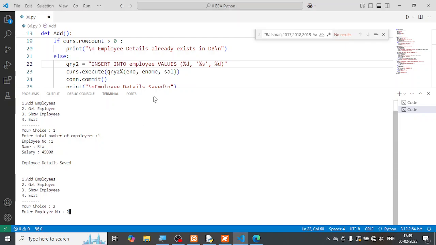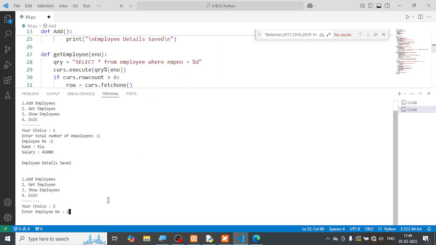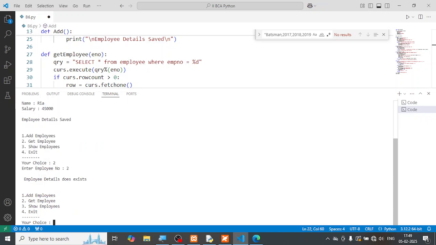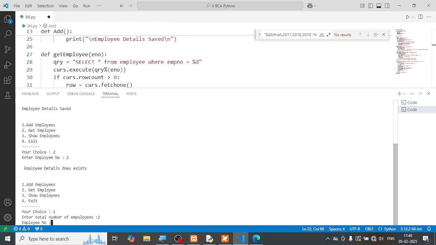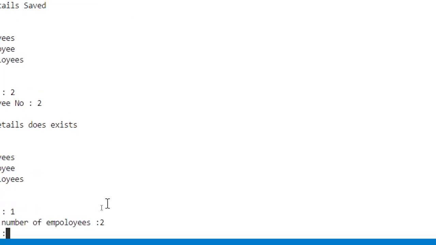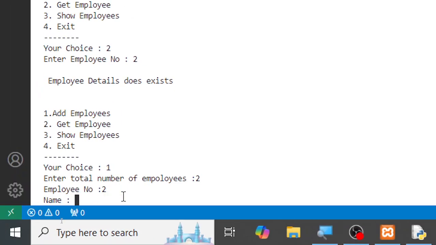I think it was creating a problem because of that. Okay, let me try it. Let's start with the first choice, number of employees 2, and let me zoom in for you. Number of employees 2, employee number is 2, and